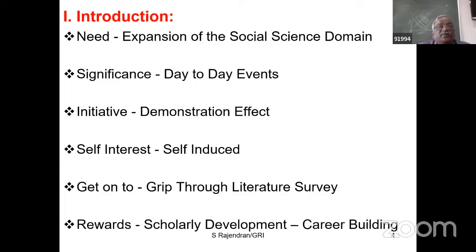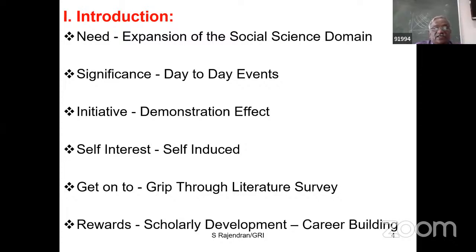Now, having said this in brief, let me move on to understand the significance. Friends, there has been a tremendous impact, tremendous change on human behavior in day-to-day events, from morning till evening. Whether you are going shopping, or going for a show, or engaged in some clerical task, it changes every now and then. Therefore, the need for social science research comes into being.